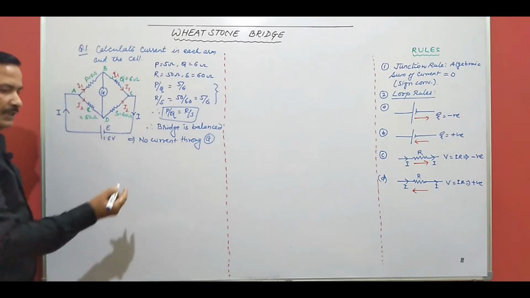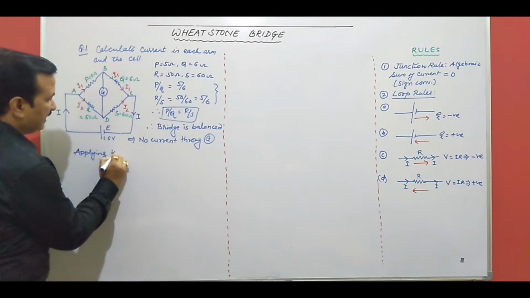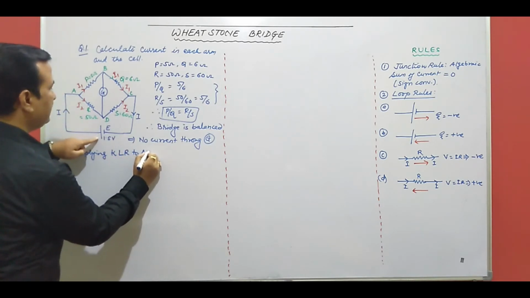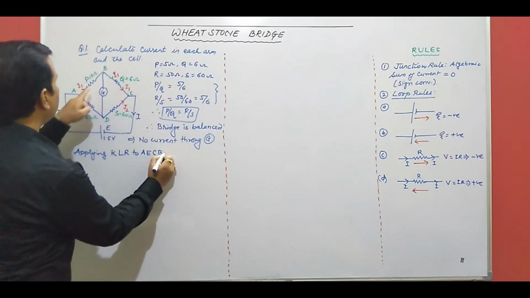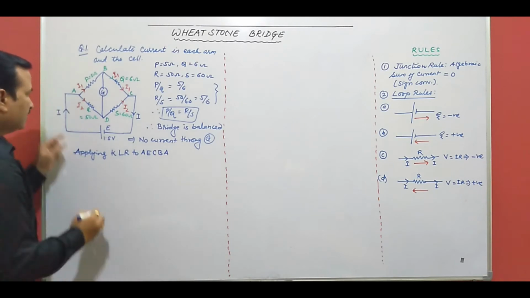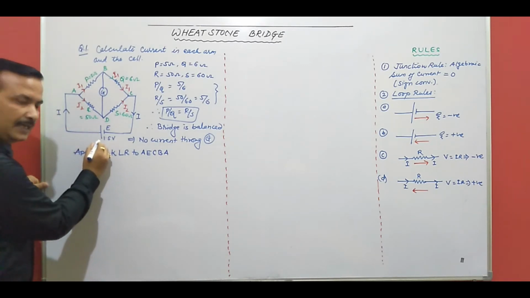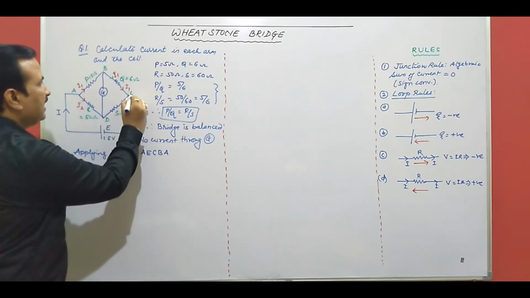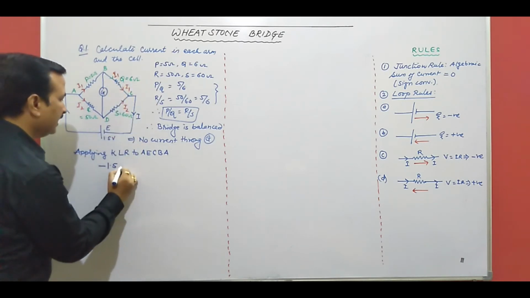Now you see, we will apply Kirchhoff's rule. So applying Kirchhoff's loop rule to A, E, C, B, A. So from here we are going towards the cell. तो second terminal क्या है? Minus. That means minus 1.5. Now come this side, we are reaching C. अब C से हमको ऊपर जाना है, and we are going opposite to the current, so it is plus sign.